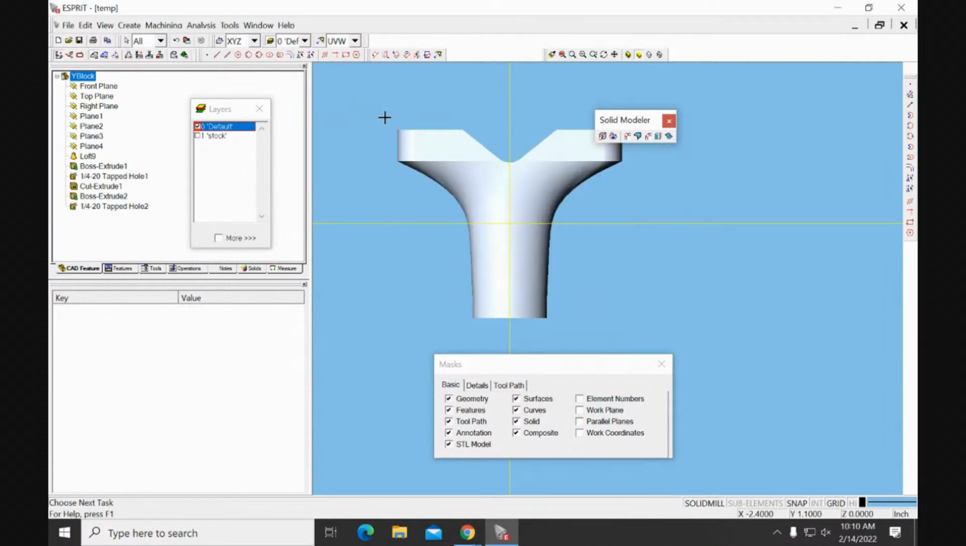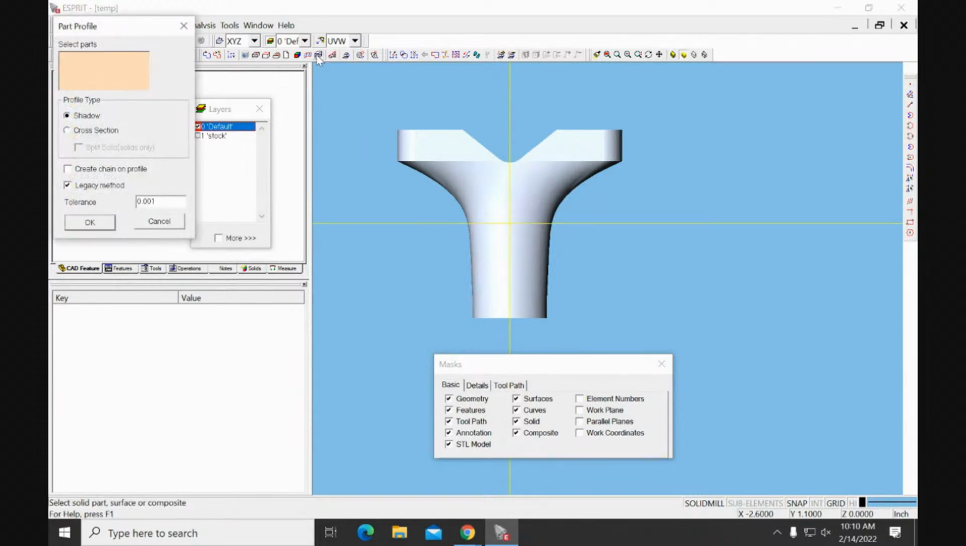All right, so we want to make this V here. Oh, and I don't install a modeler anymore. All right, so if we go to the Create Features toolbar, we can use this one, part profile. So if I use the part profile and I select the Y block here,